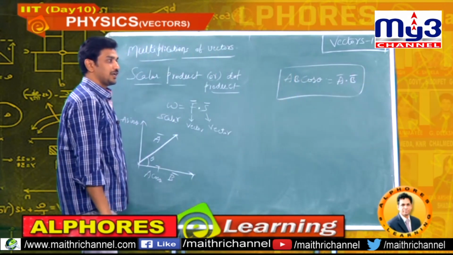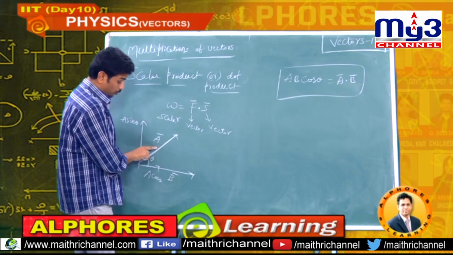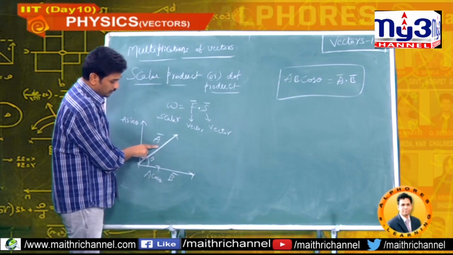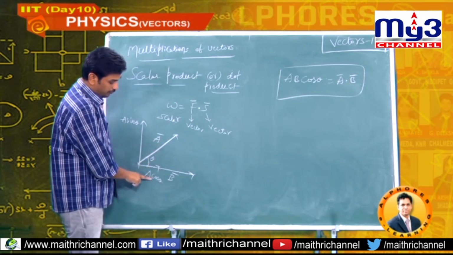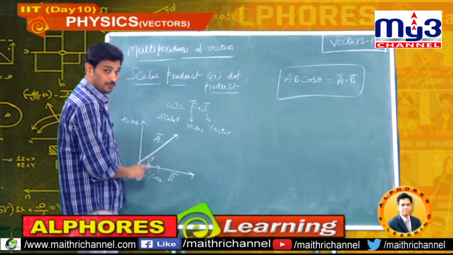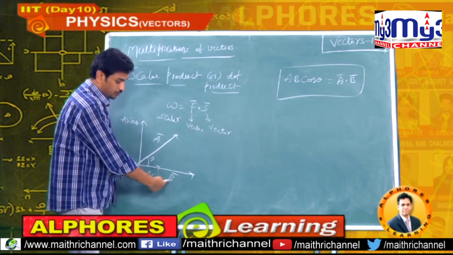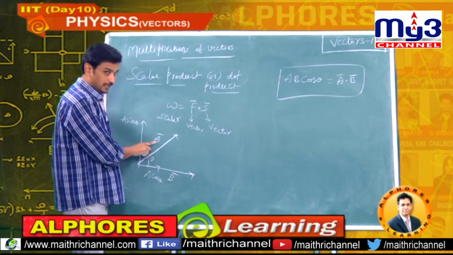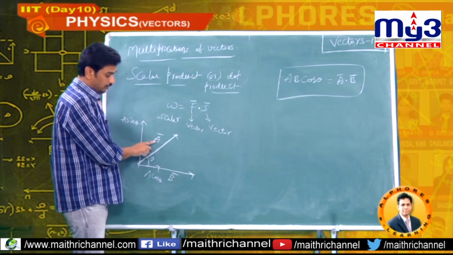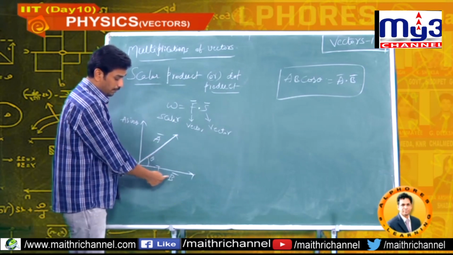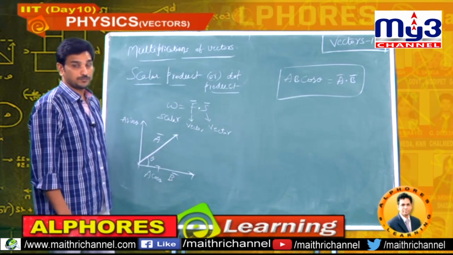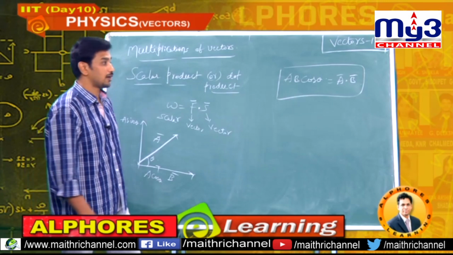What exactly is the statement of dot product? Projection is nothing but the following. Projection of one vector's component along the direction of the second one. The multiplication of these two is nothing but the dot product. Once again, projection is nothing but the following. Here we are projecting the A component along the B bar direction. The multiplication of these two is the dot product. AB cos theta is A bar dot B bar.